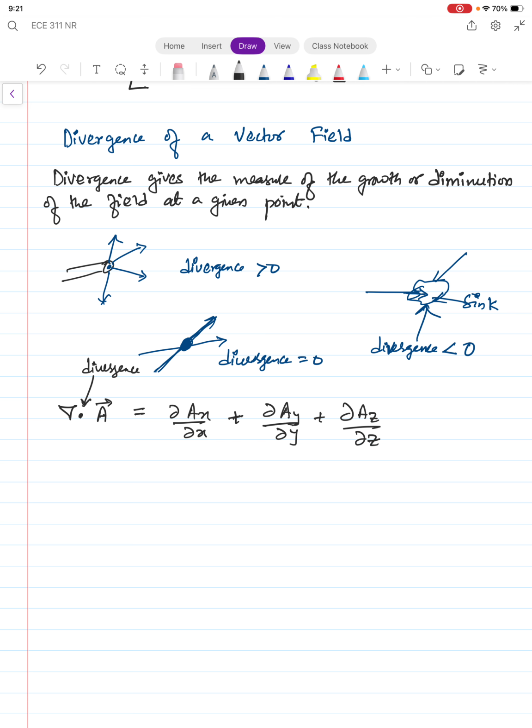Since this is a vector function, you are isolating the x component, y component, and z component of the vector, and you are taking the partial derivative with respect to the respective component, and that gives you the divergence. And note that this is no longer a vector, the result is a scalar,